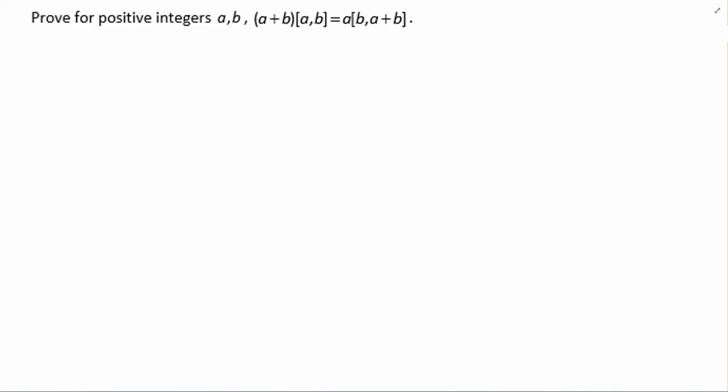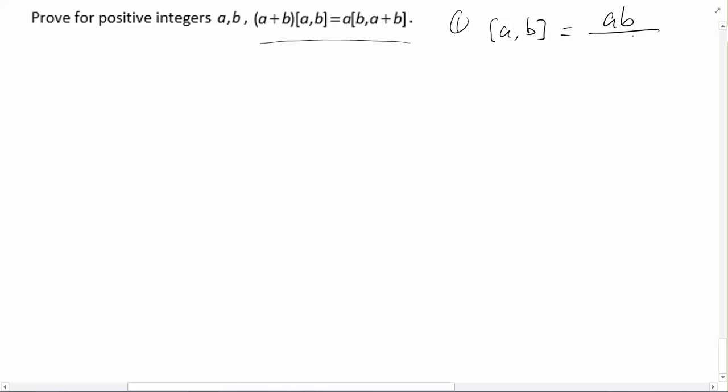Okay, now you are given two positive integers a and b, and you're asked to prove that this equality is correct. What you have to do is to firstly record a fact that the least common multiple of a and b is equal to a times b divided by the greatest common divisor of a and b. And from the same formula we have the least common multiple of b and a plus b